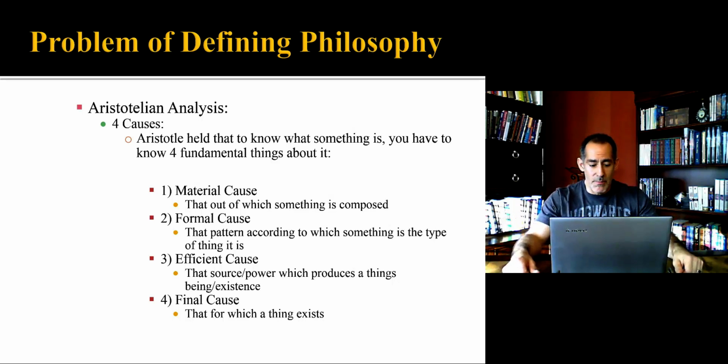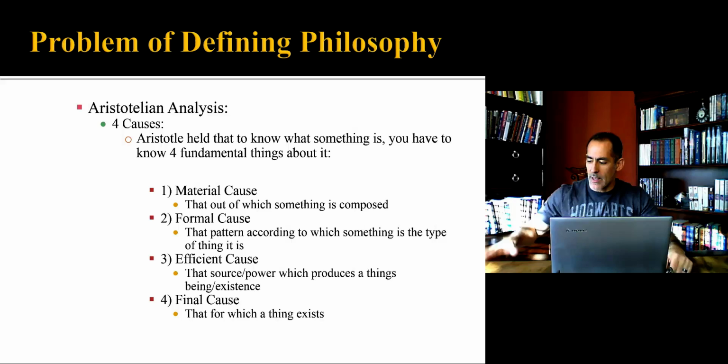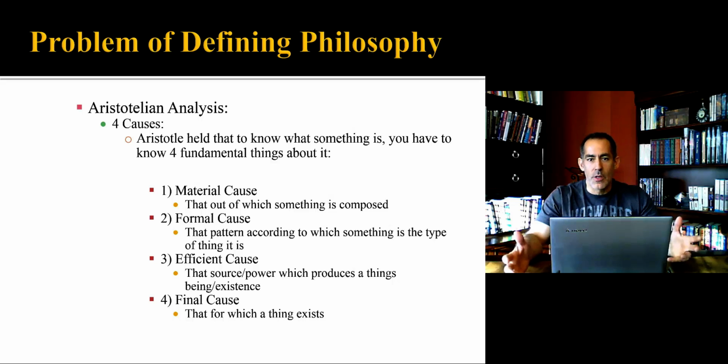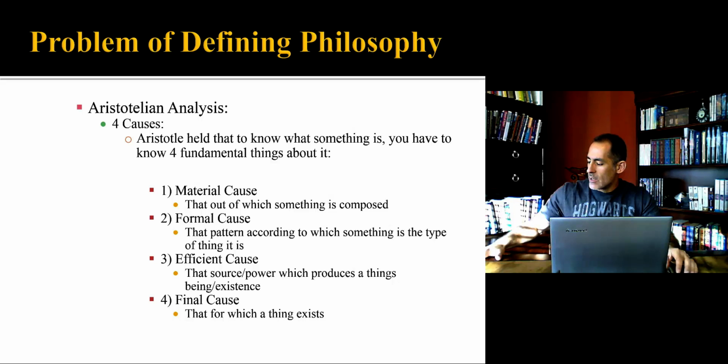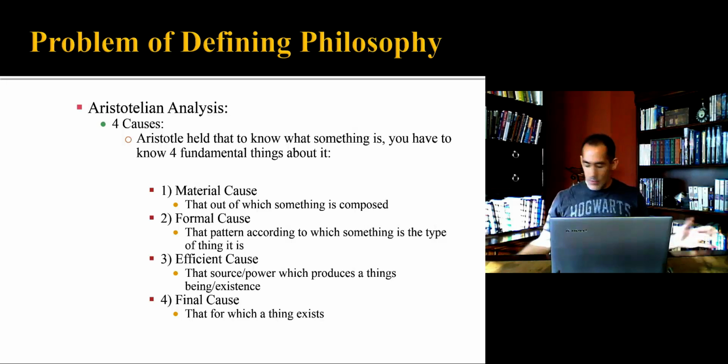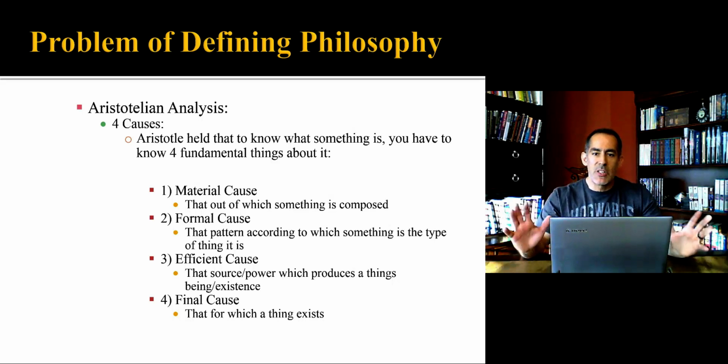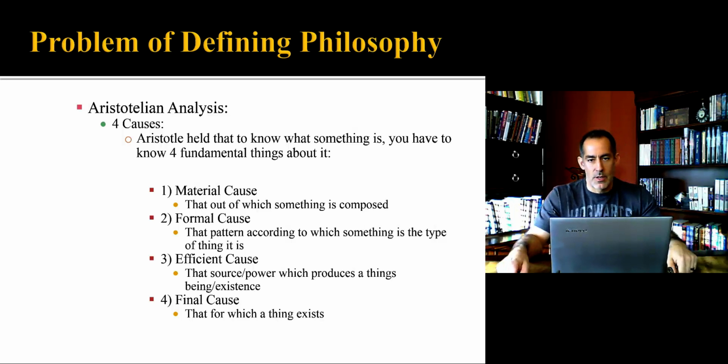To give you an example of what I mean by these things, I'll first define them and then use an example, maybe an artificial example, something like this desk. Okay, so the material cause of a thing is that out of which the thing emerges or comes. So when I talk about the desk that I'm sitting at, it's clearly made of wood. So you can say the material cause of this desk is the wood, the laminate, different things like that. The screws or whatever holds it together, the pieces of metal on the drawer handles, etc. That's the material cause of this desk.